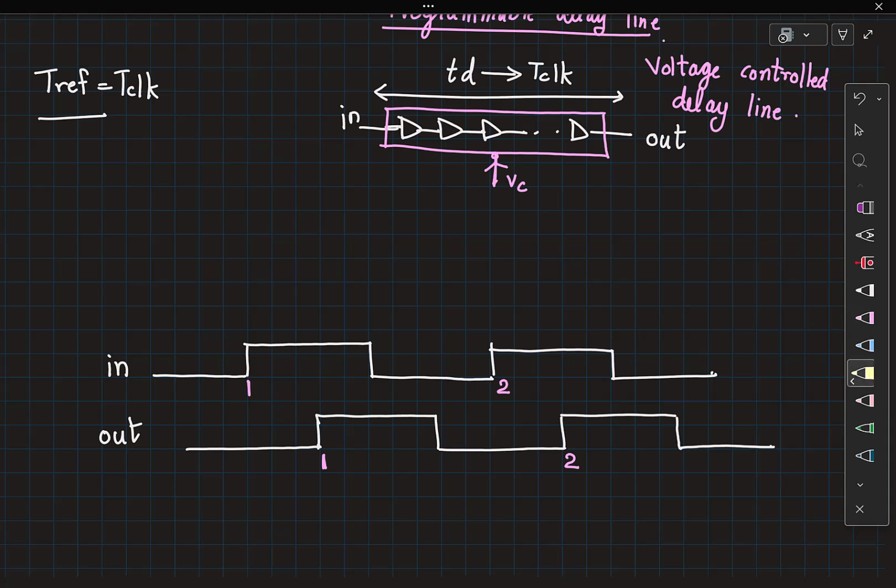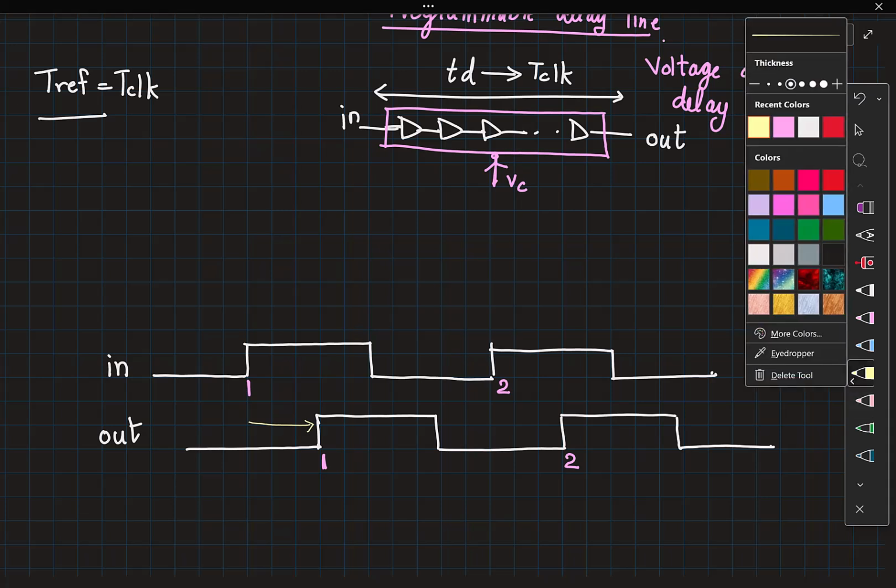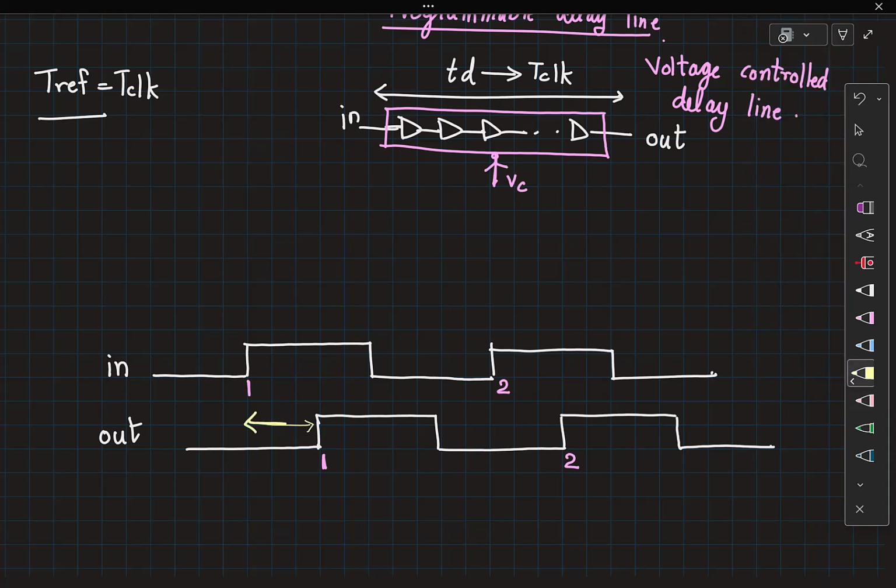Now let's say the delay between these two is some delta 1. I am also going to mark the delay between this rising edge and this edge. I can mark it as another delta in time domain. For now, I am going to show this as some delta phi. So delta phi is a phase quantity. But now you know how to convert between phase and time. So I hope this is okay.